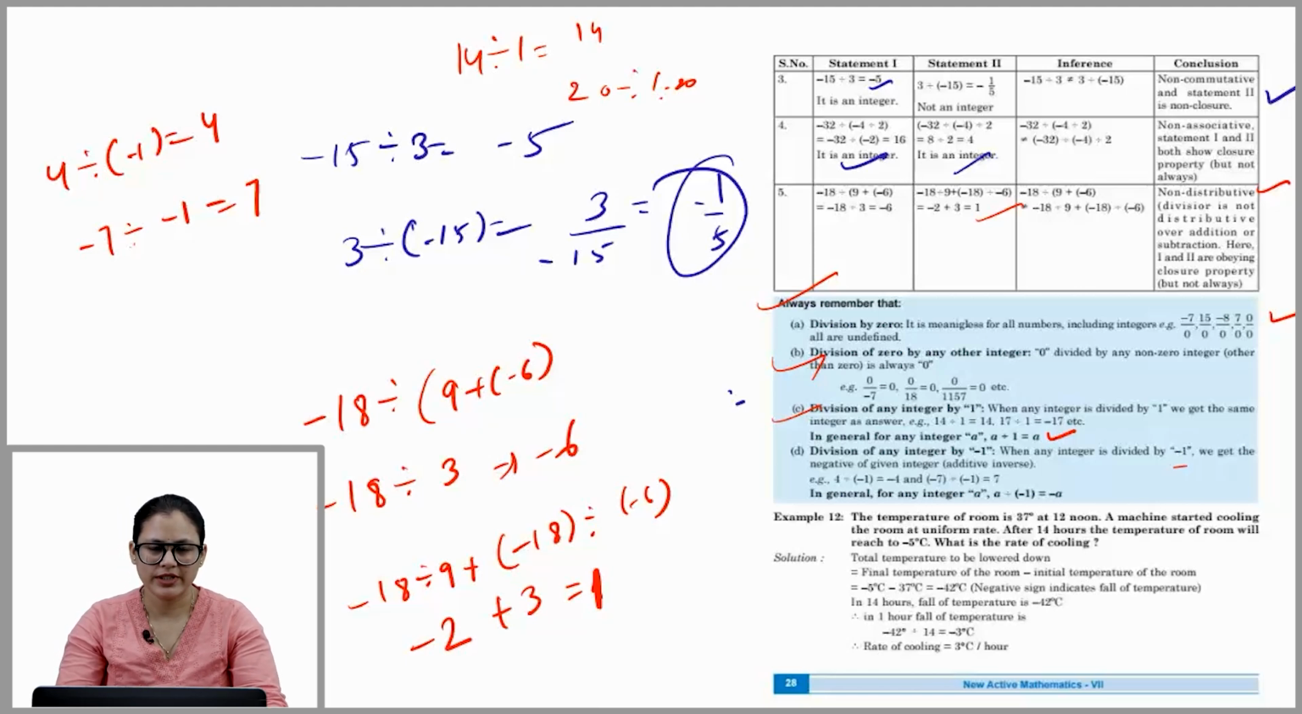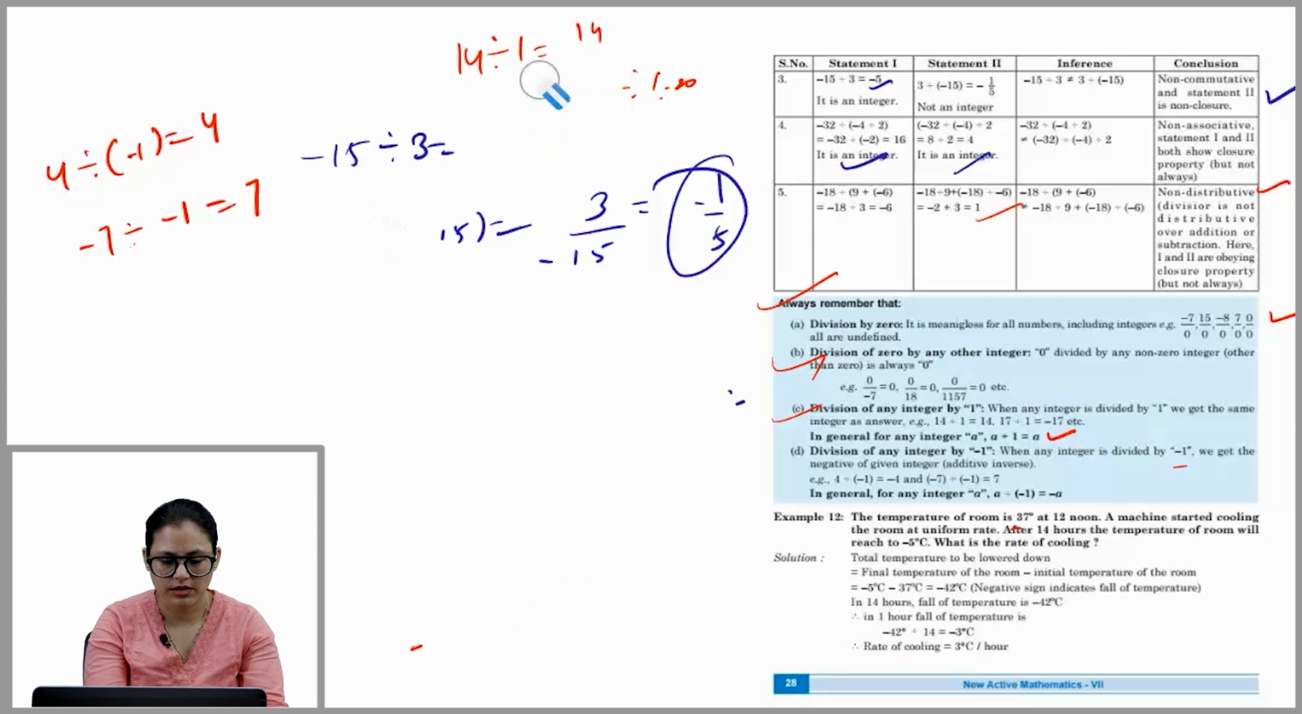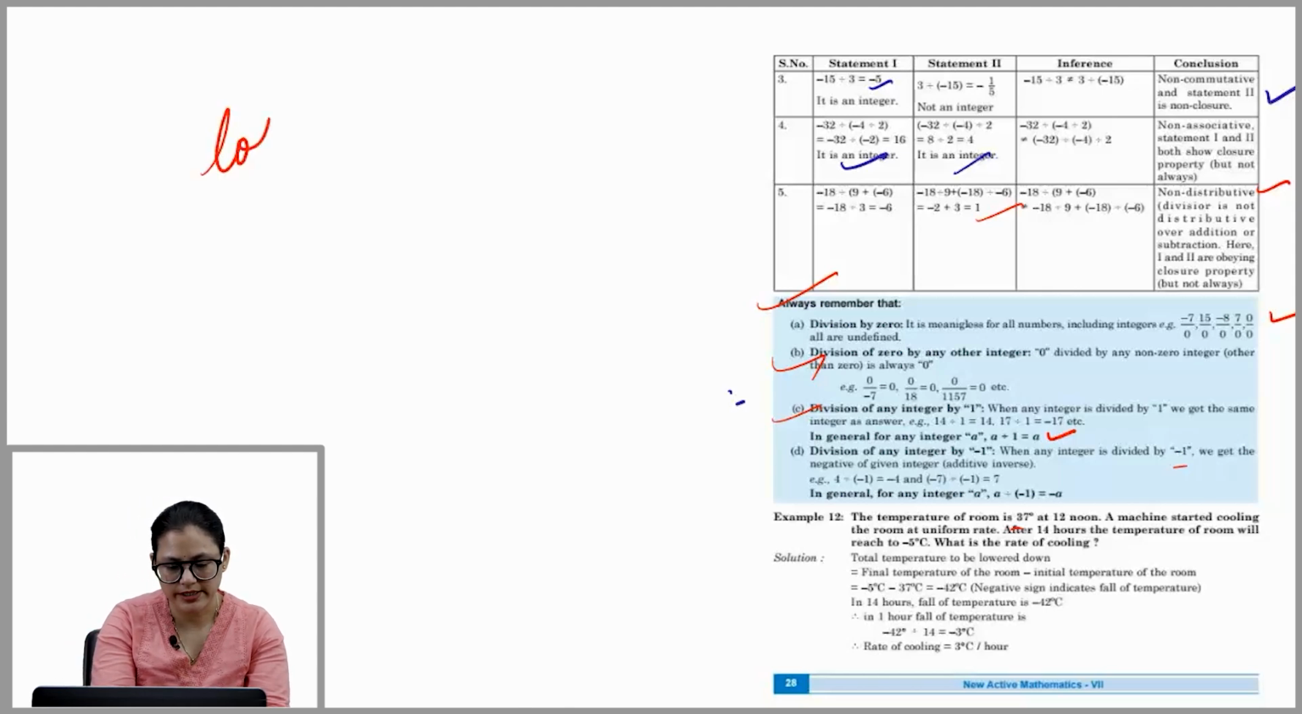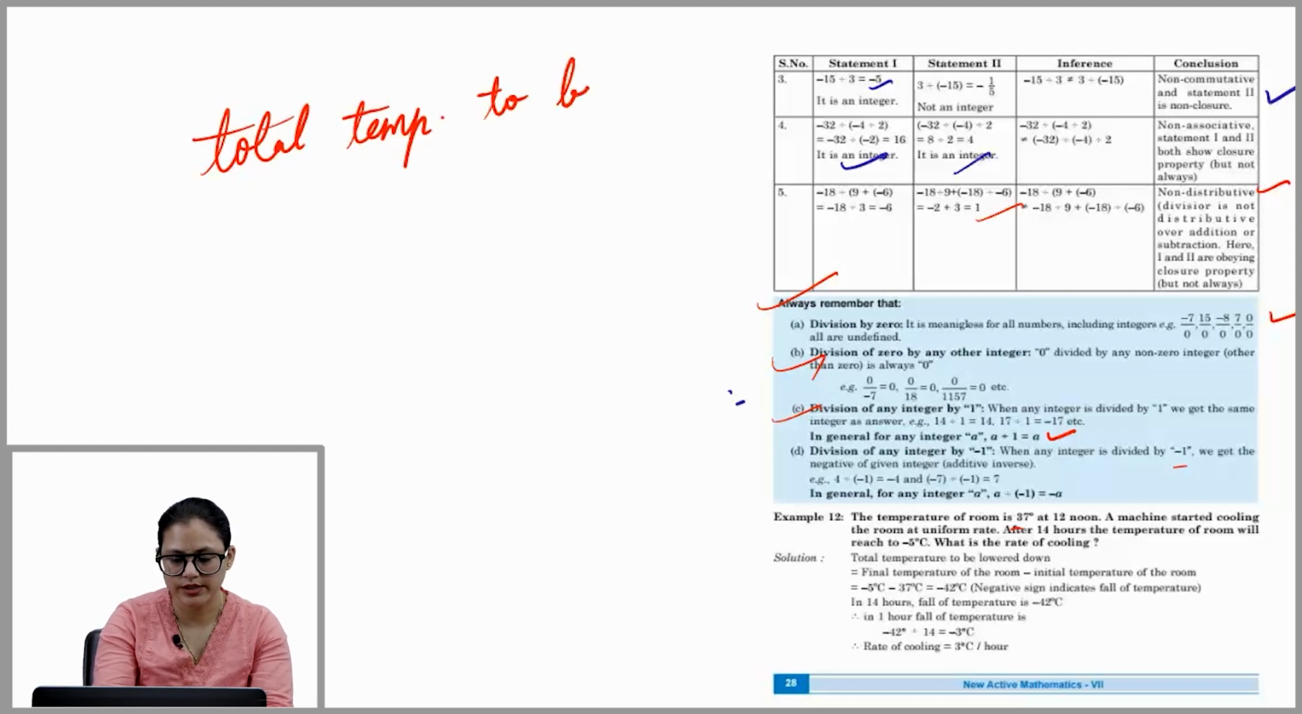Let's check out example 12. The temperature of a room is 37 degrees at 12 noon. A machine started cooling the room at a uniform rate. After 14 hours, the temperature of the room will reach minus 5 degrees Celsius. What is the rate of cooling? First we have to find the total temperature to be lowered. We will subtract the initial temperature from the final temperature. So you will write: total temperature to be lowered down is equal to